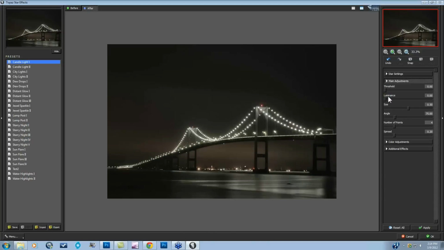For the luminance, the angle, number of points, and spread all apply to the main star effect, that 4-point star you just saw. The threshold controls how many light sources or light points in your image are considered for the effect that you're going to be applying. As you move up with your threshold towards 1, it's going to take only the larger light sources, and as you move down towards 0, it's going to take all the smallest light sources it can, up to 500 points of light. The size does apply to all of the additional effects,